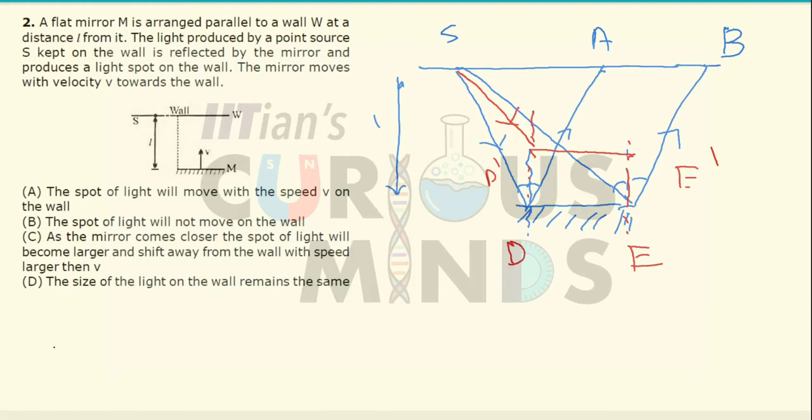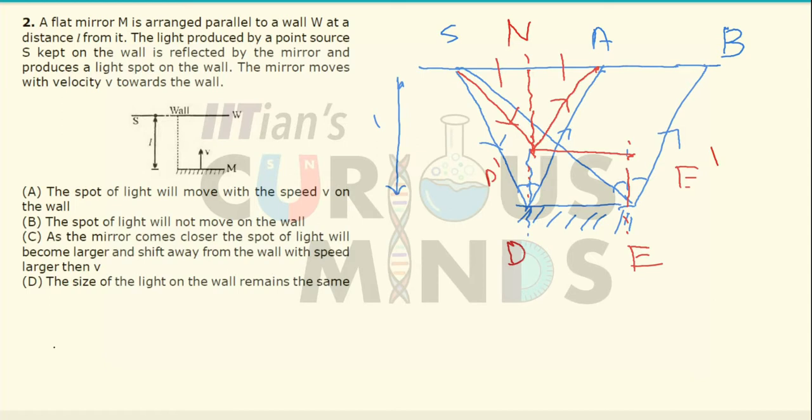Again the angle of incidence will be equal to angle of reflection, and after reflection it will meet at the same point A. The reason for it is, if I extend this perpendicular and let us take this point as N, I can say that triangle SDN is congruent to triangle NDA, so SN will be equal to AN. Similarly, triangle SD dash N will be congruent to D dash NA. Since both of them are congruent, they will meet at the same point.